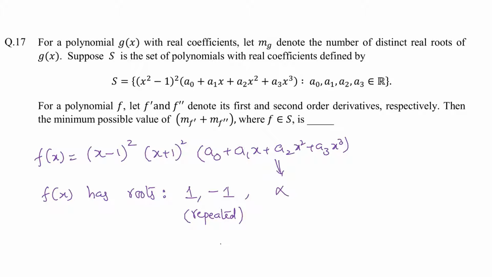So now when we have a repeated root, there is a property. If a root repeats 2 times, it is also going to be a root of f dash. If any root repeats 3 times, it will also become a root of f dash and f double dash. And if any root repeats 4 times, it will be a root of f dash, f double dash, and f triple dash, right? So on. So using that property, as we know, plus 1 and minus 1 are going to repeat 2 times, so they are also going to be the roots of f dash. Okay, so using that, we got f dash of x has roots plus minus 1.